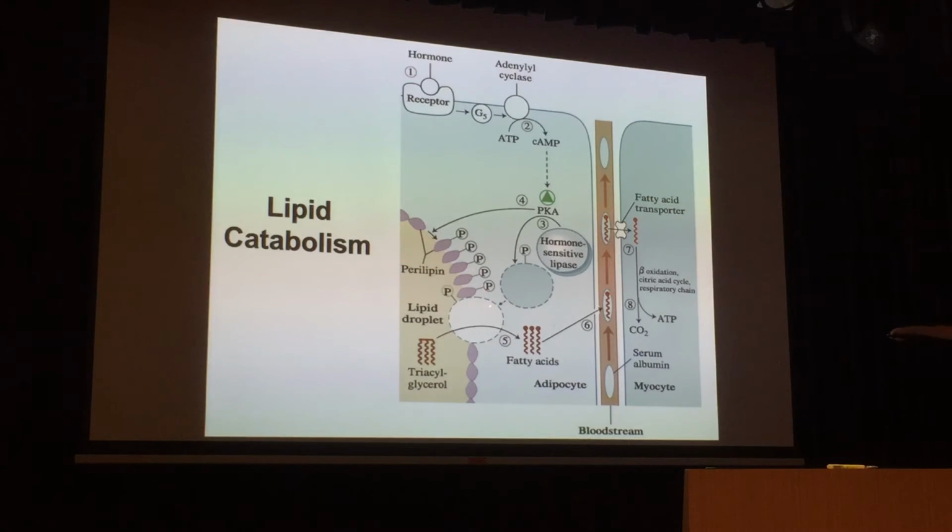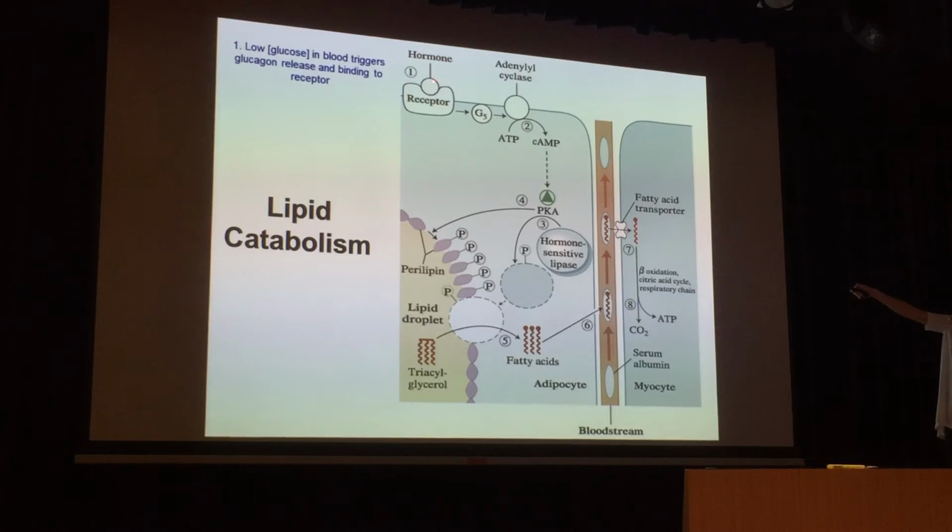So they are stored in the adipocytes as lipid droplets, as I mentioned. Right? Lipid droplet, triacylglycerol, the structure that I have shown you, all linked up together over here by the carbon backbone. So now you need some signals. When the glucose level is low, the hormone glucagon will be stimulated. Okay, so low glucose will trigger glucagon release,